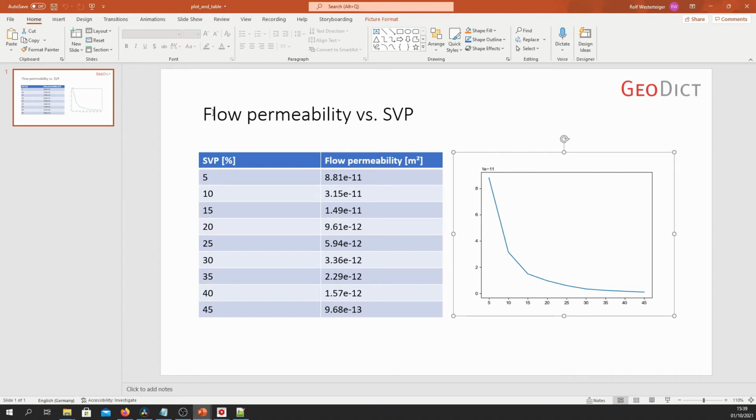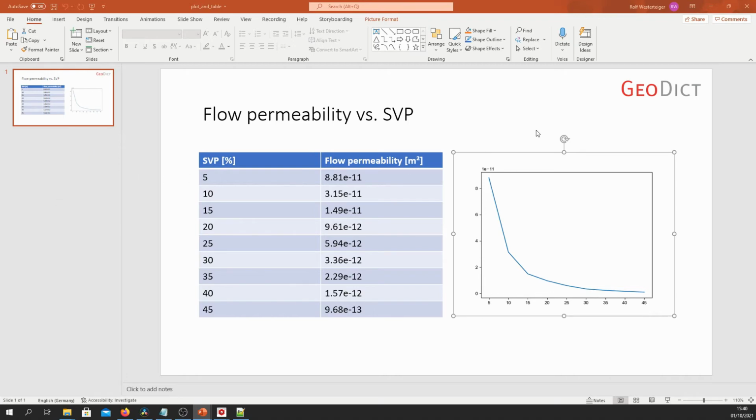And if you just change the master, you can change the layout of the slides by just changing the master slide. For example, you could swap this around in the master slide, just run the same Python script again, and the table will be on the right-hand side and the graph will be on the left-hand side. So even someone who doesn't know about Python programming can change the layouts, for example, just by modifying the master slide in PowerPoint.